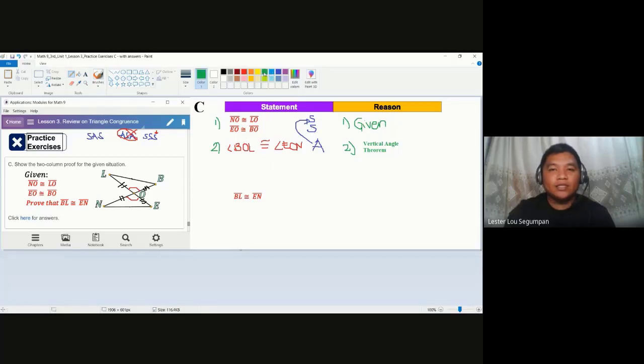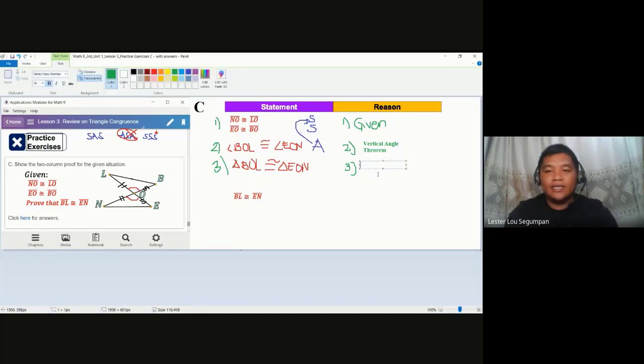So we can now say that triangle BOL is congruent to triangle EON. And the reason is again not SSA, because we don't have an SSA triangle congruence postulate. What we do have is SAS, and A is an included angle of the two sides, so that satisfies the SAS triangle